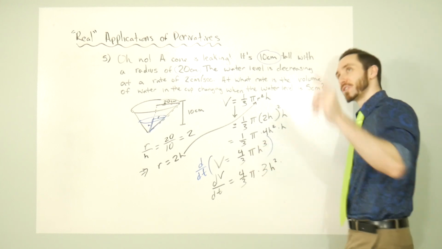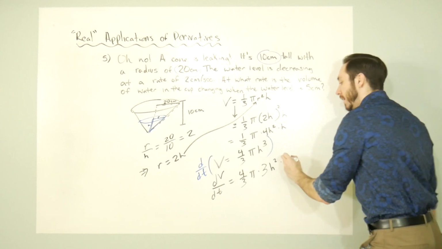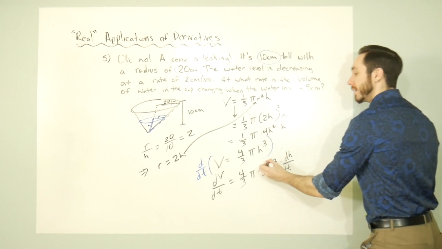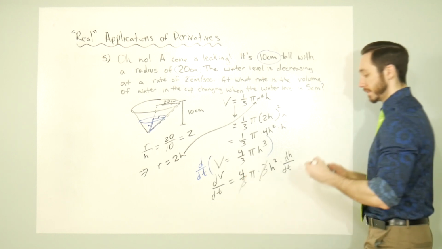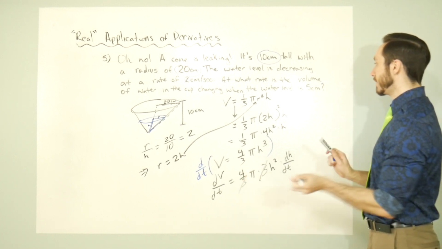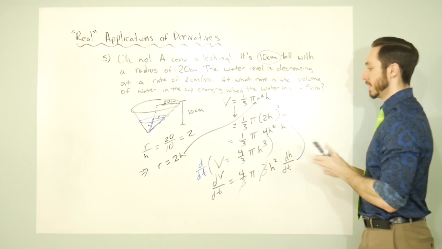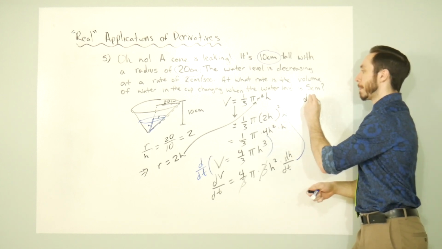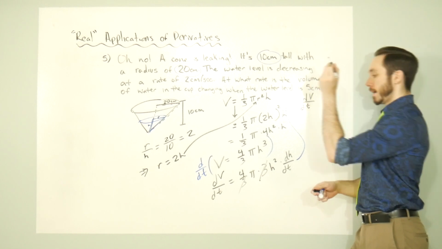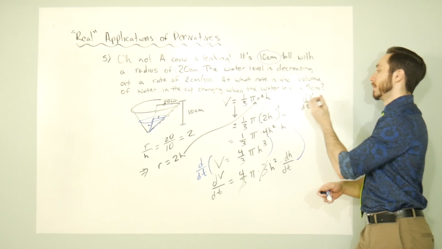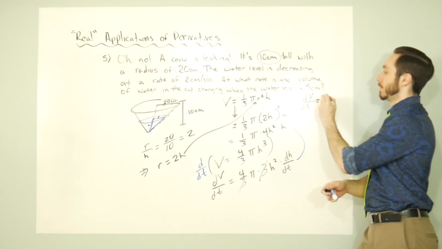However, h is a function of t, so we need that chain rule, and we're going to tack on that dh/dt right here. And then bringing us to some canceled 3's, dV/dt is equal to 4 pi